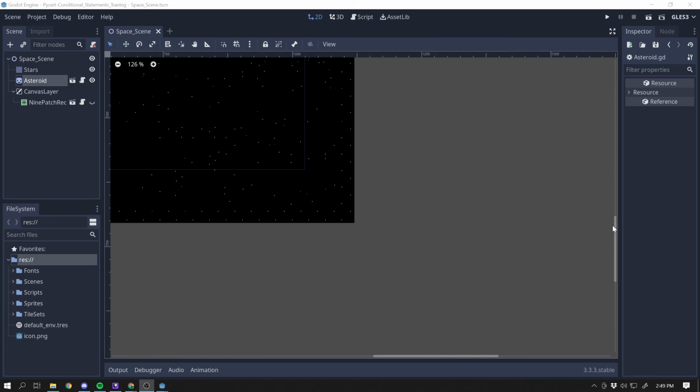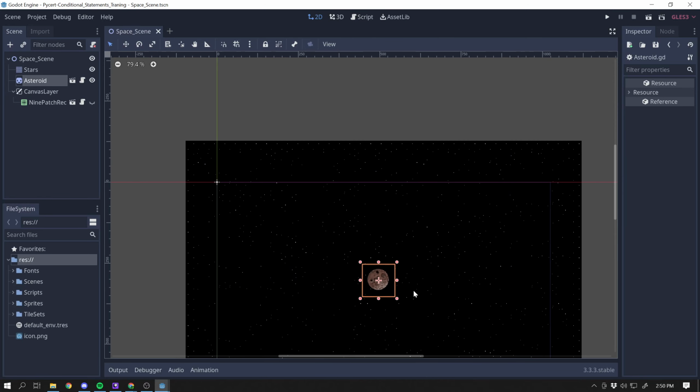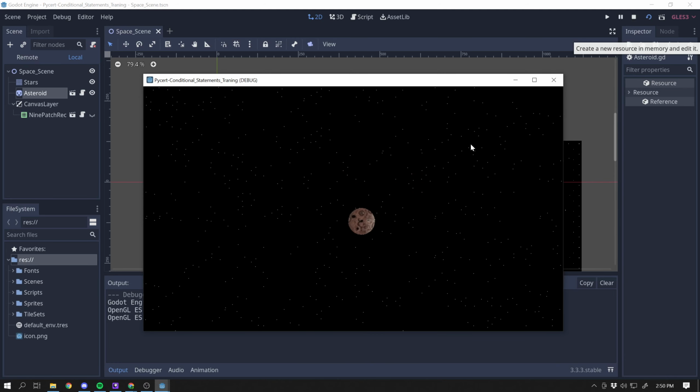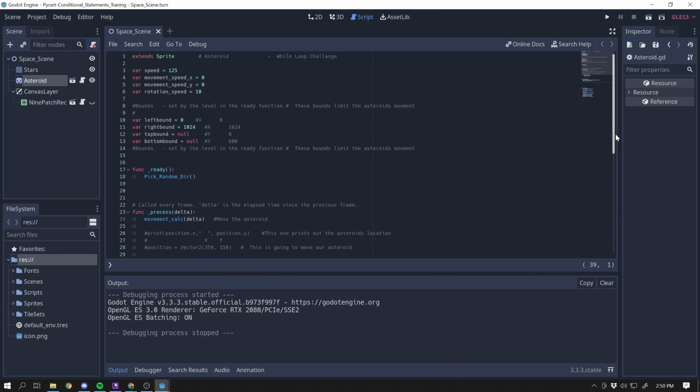Alright, I'm picking up where I left off in the last one. In the last video, we made it where if the asteroid went off the left side, it went ahead and popped out on the right side. See, I don't think it's going to go left, but okay, it went to the right. Let's take a look at our code and see if we can add some more stuff for it coming out